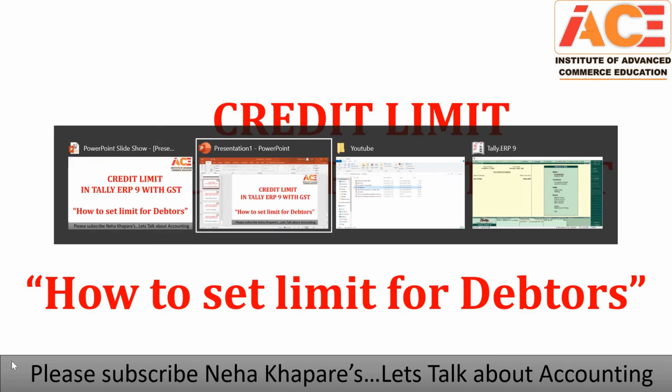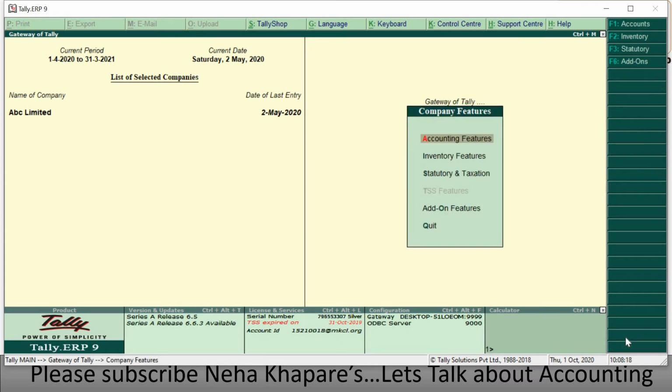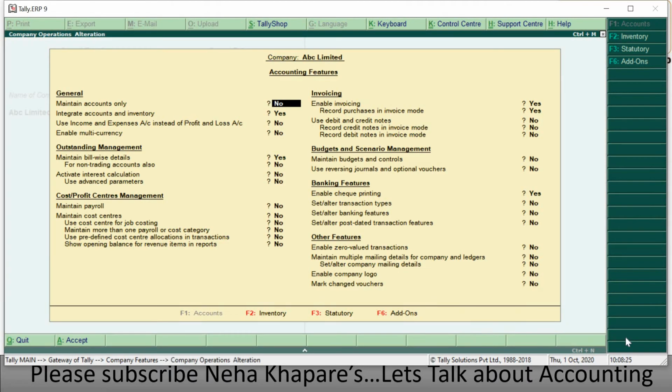Go to Tally first. So here I am in Tally, and my next step is that I want to activate budget and control from accounting features. I will explain step by step. Go to Gateway of Tally, then press F11. Then you can either press F1 or simply click enter on accounting features.